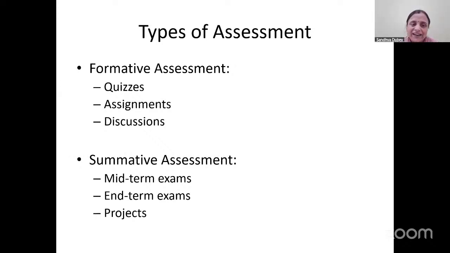Thank you, sir. How many of you are doing the formative assessment? Can I get the number? How many of you are currently doing formative assessment? Almost everyone, ma'am, because if we are following NEP 2020, everyone has to follow the formative assessment, ma'am. Yes, because it is compulsory, ma'am.